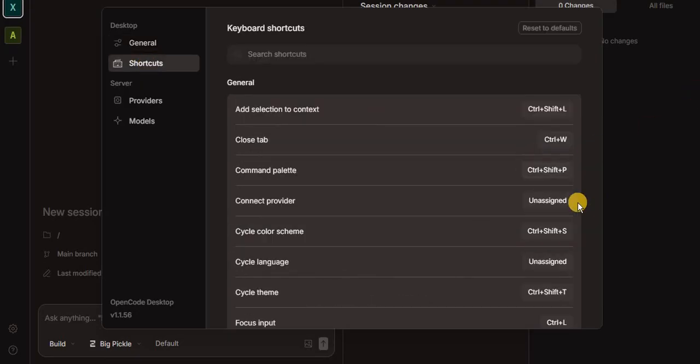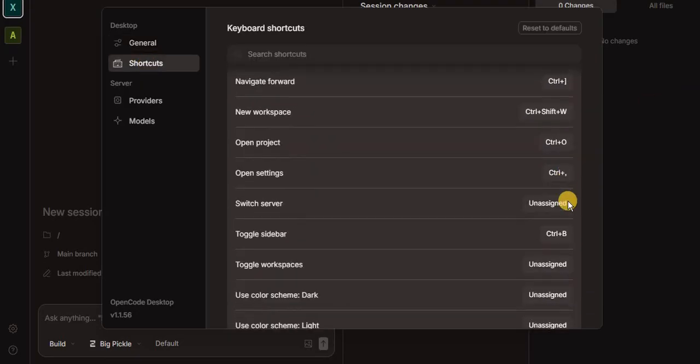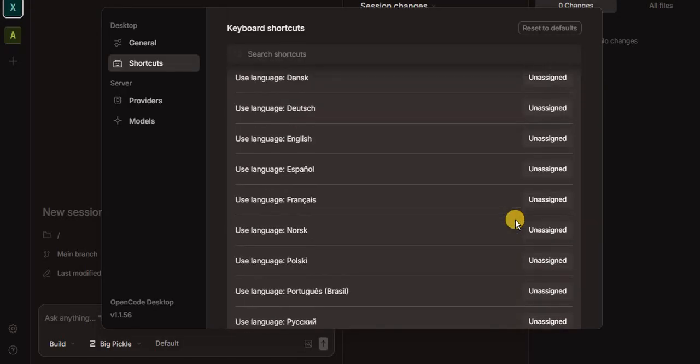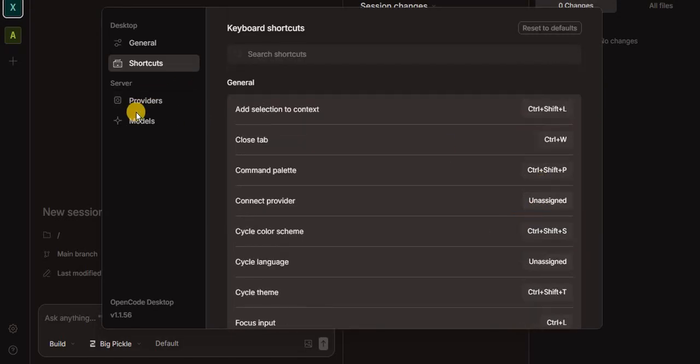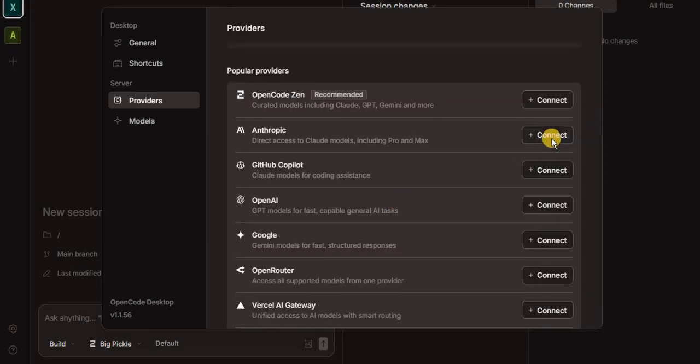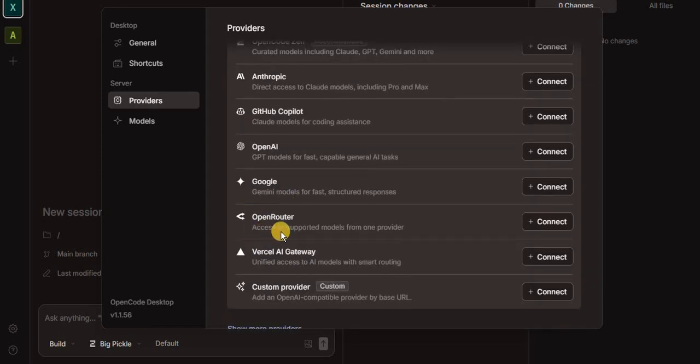Shortcuts. Okay, so you can actually master these shortcuts if you want, or you write them out, copy them, so you can use your keyboard to do things faster. You can also search providers. These are all the providers here, the popular providers and how you can connect them. OpenRouter is very good. You can access all supported models from one provider. So this is where you can get